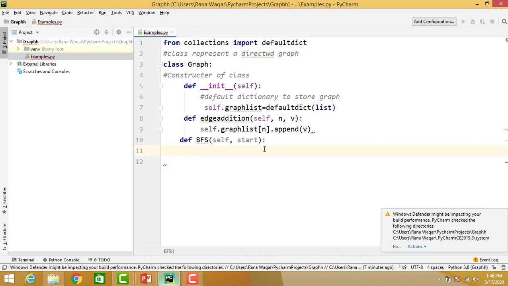Mark all the vertices as not visited. First of all, mark all the nodes of the graph not visited.